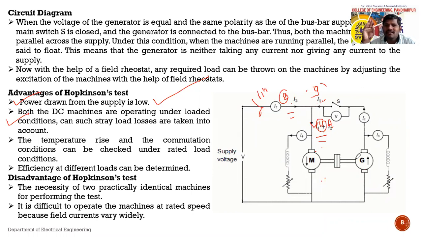So in that situation the stray losses should also be taken into account. We take stray losses into account. See, also both machines are running on loaded condition, or somewhat load can be put on the machine. So due to that, the temperature rise in the winding, whether it is in the limit or not, we are able to calculate, and we are able to tell whether the commutation is satisfactory or not. Whether the temperature rise for a given load is within the limit or not, we can tell, right. But in the case of the Swinburne test we are not able to tell whether the temperature rise is in the limit or whether the commutation process is satisfactory or not.